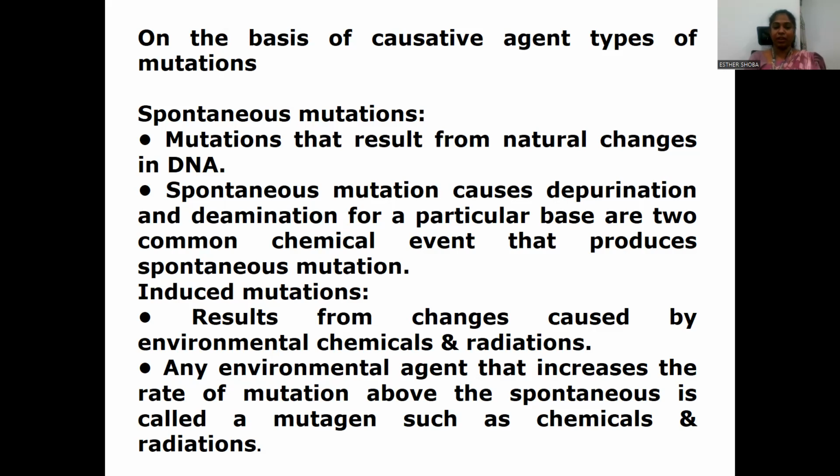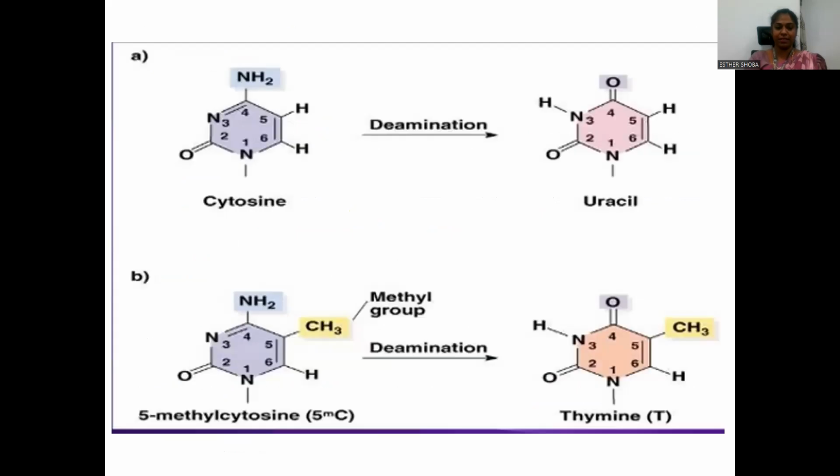Otherwise, as told, we have induced mutations. These are the mutations which are induced by environmental agents, usually physical agents and chemical agents. Any environmental agent that increases the rate of mutation above the spontaneous rate is called a mutagen, and they are usually physical and chemical mutagens. As told, spontaneous mutation is mainly because of